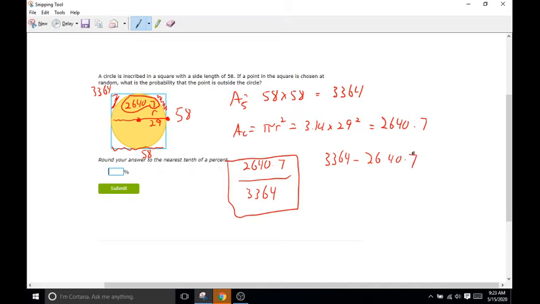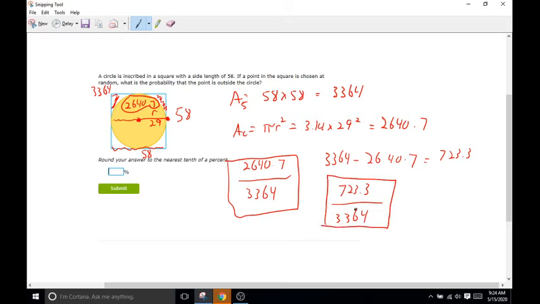And when we do that in a calculator, that is going to equal 723.3. Okay, meaning we have a 723.3 out of all the available area of 3,364 chance